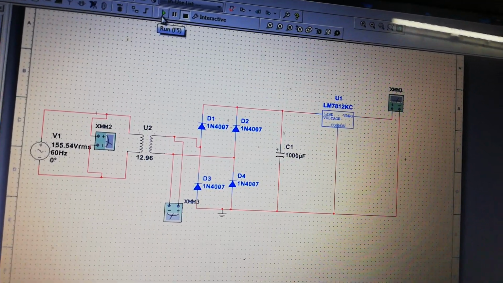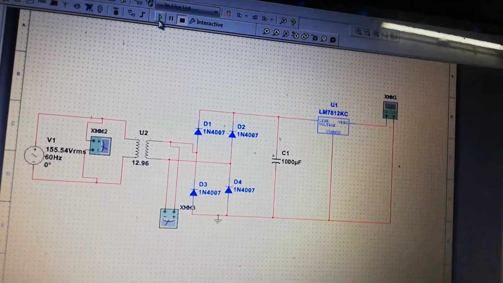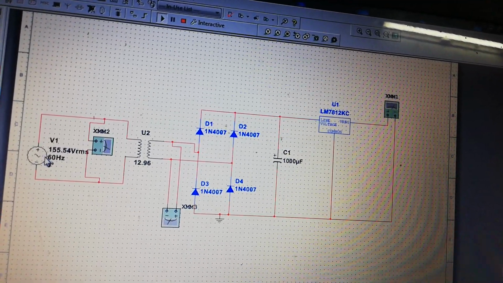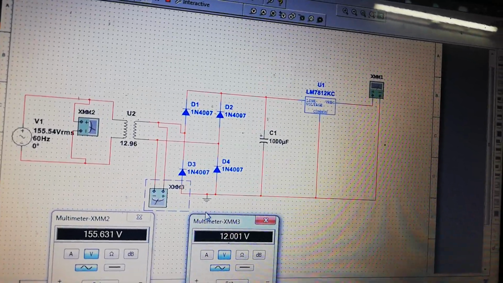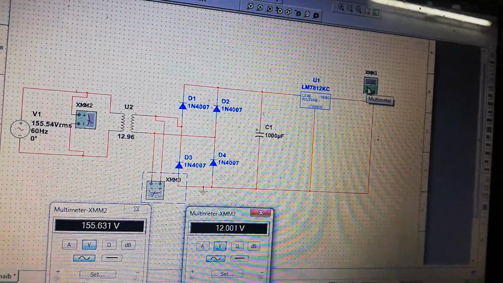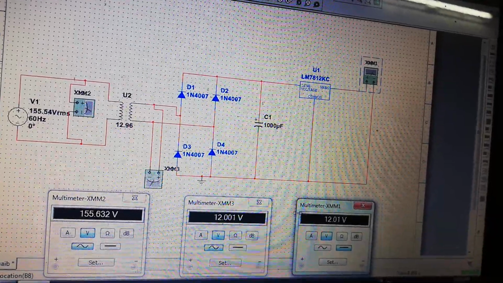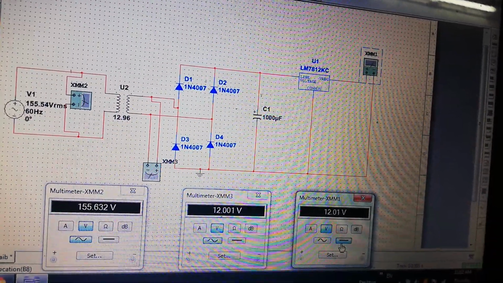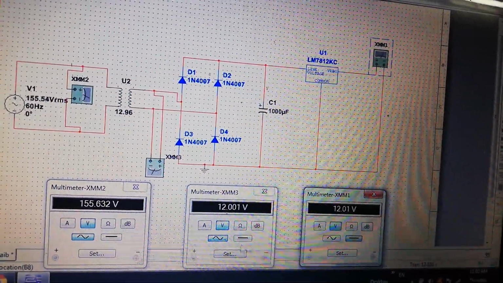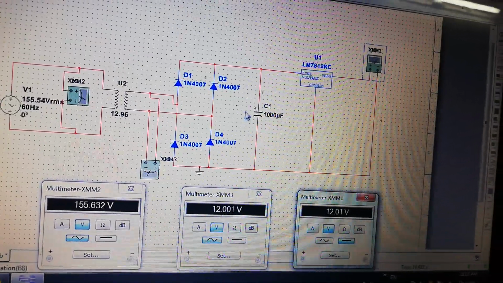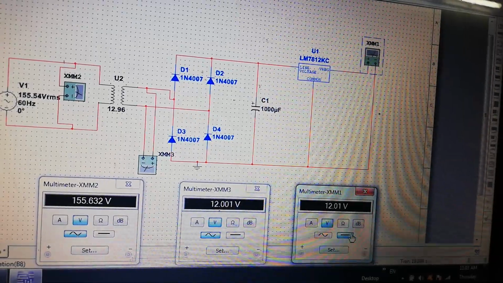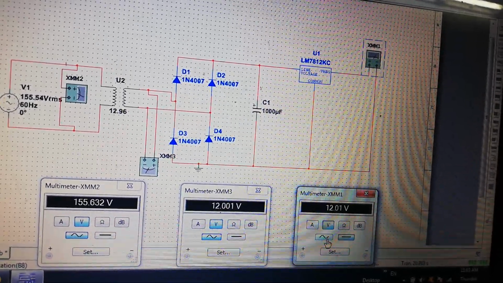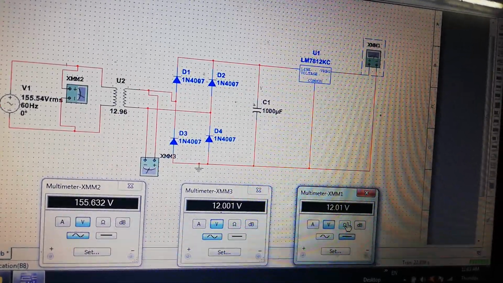So if I run my circuit, then I will see that this is my AC input, this is my step down transformer input which is going into the circuit, and the 12 volt I am using over here, this is DC, but these are our AC because we are going to make a DC supply. So I have shifted my point from here to here just like this. So this is the 12 volt